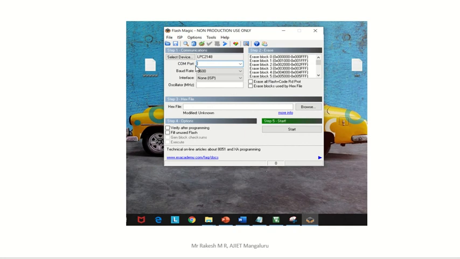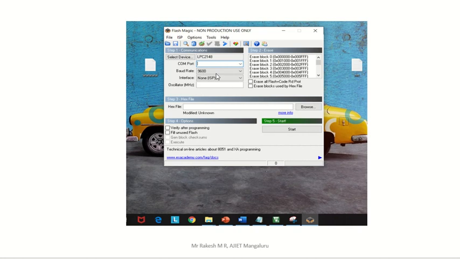Then COM port. COM port means communication port. Which port is used for communication between the device and your PC? That port you have to select. So first of all you have to connect your hardware kit to your computer through a USB cable.